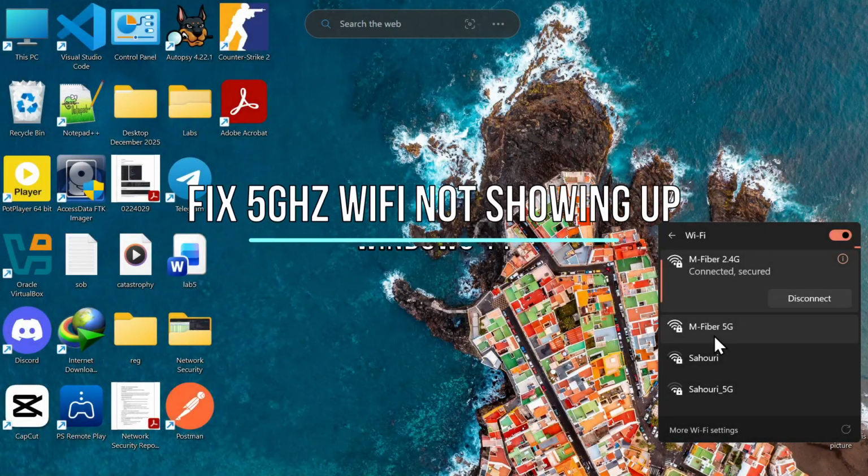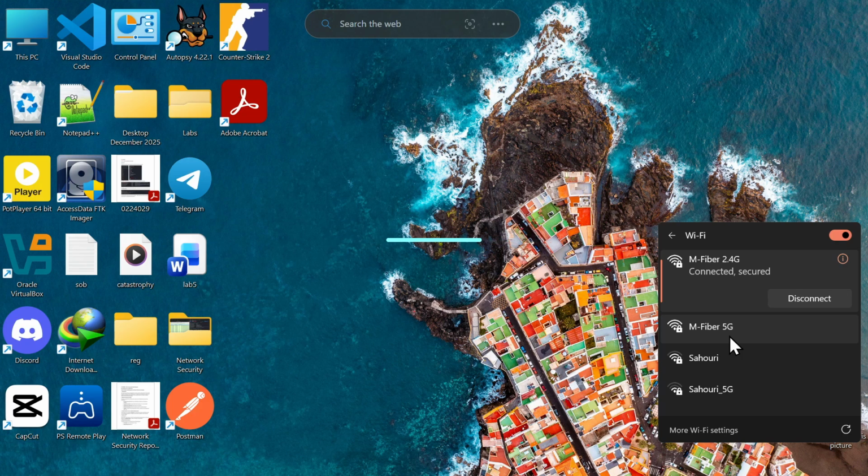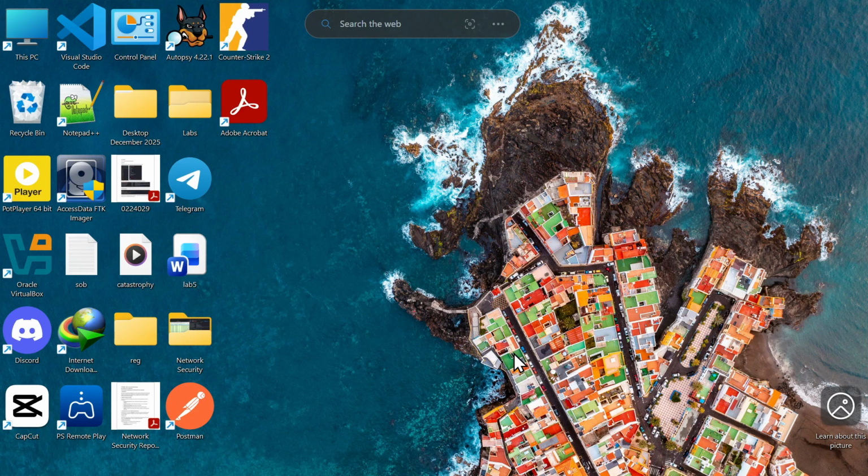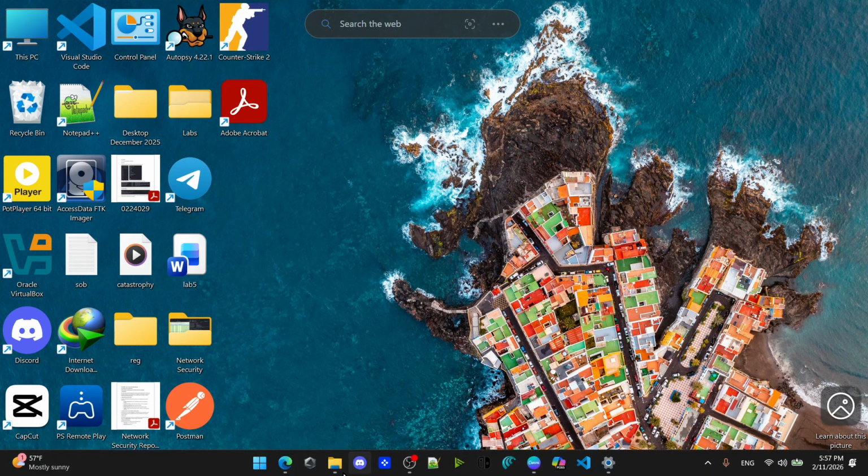Welcome, today we're going to show you how to fix 5 GHz network channel not showing up in your Wi-Fi connections. So if you're trying to find your 5 GHz band and you can't actually find it, the first thing that you need to do is to open the taskbar, as you see from here,